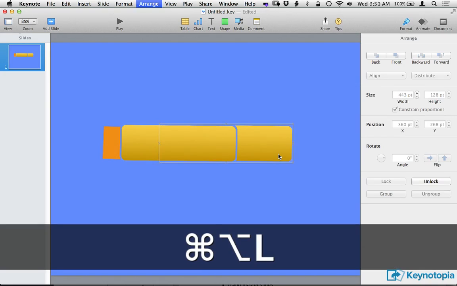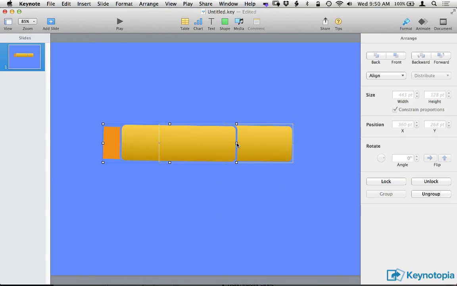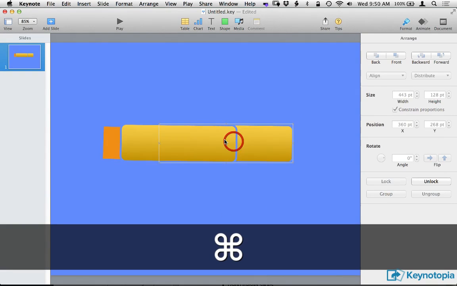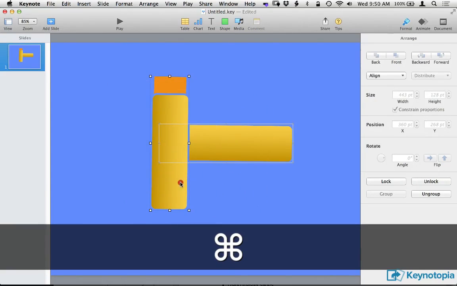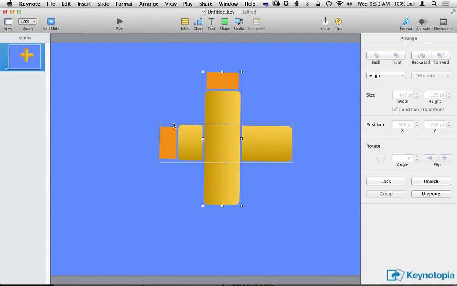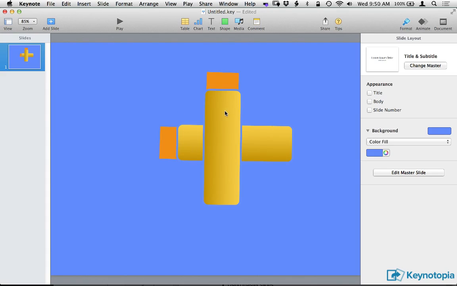I can just select the one in the back, lock it, and then every time I even move my cursor over these and select them, I can only select the one in the front. Even if the one in the front is selected, it doesn't move when I move this. So locking is important when you know that your shape is final in that location on the slide